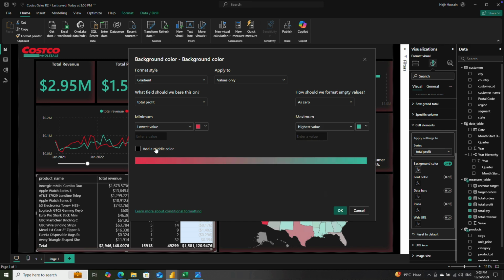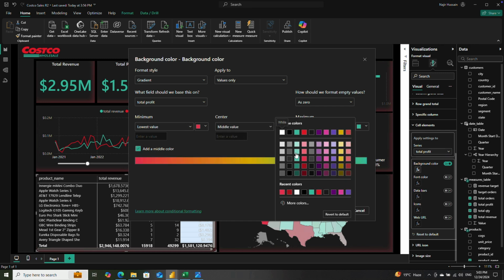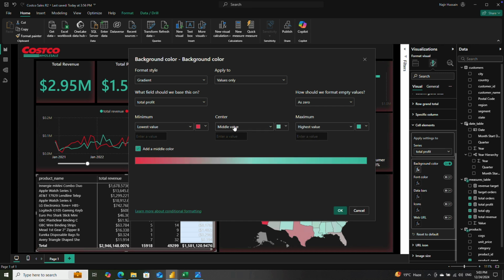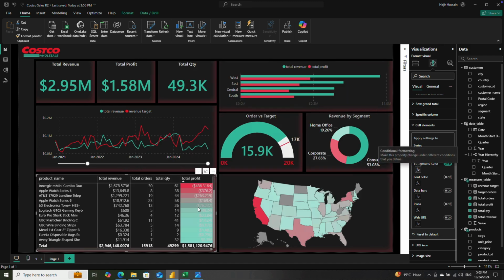Okay, and I'm going to add a middle, which is going to be 0. So for 0 I will be keeping it like something like, which is here I will be using a custom. Okay, so it is going to format all the profit wherever it is more than 0 in these colors, if it is less than 0 in this reddish colors. Okay, so let's go ahead and run it. Now if you see, wherever you see red, it is in the loss. Okay, this product is making loss, and wherever you see plus, it is kind of making profit, but you don't